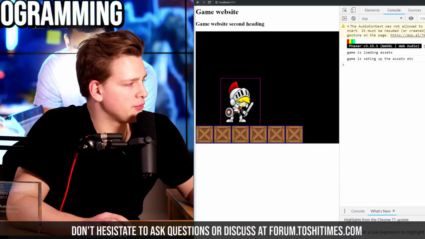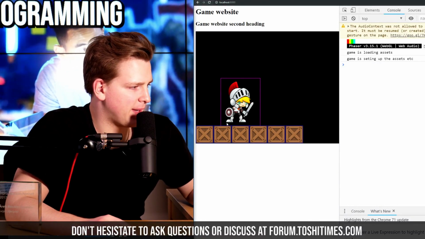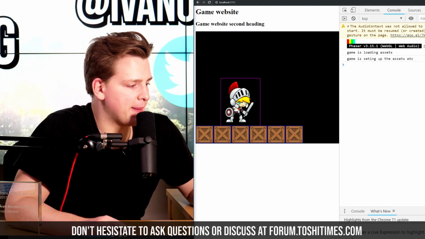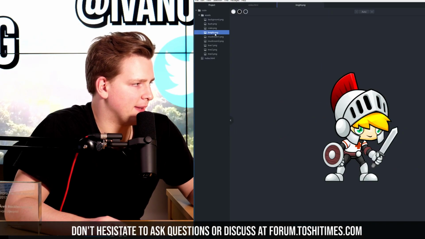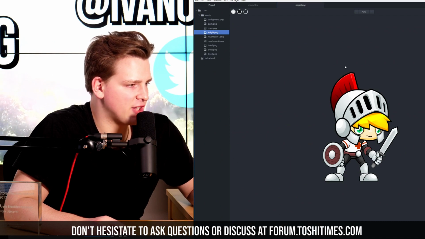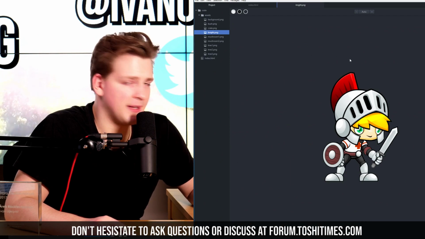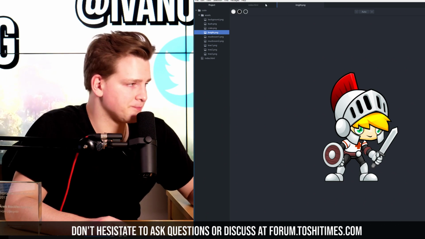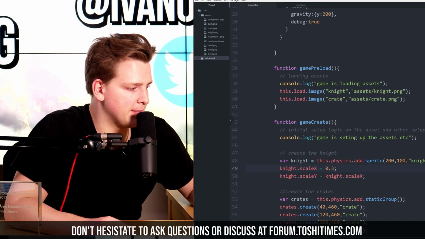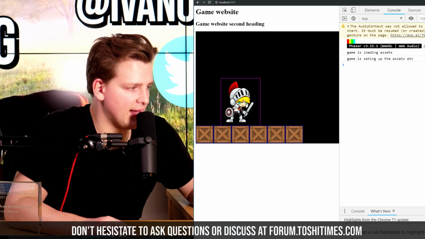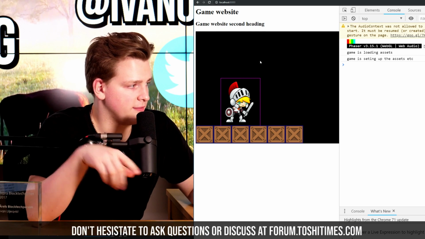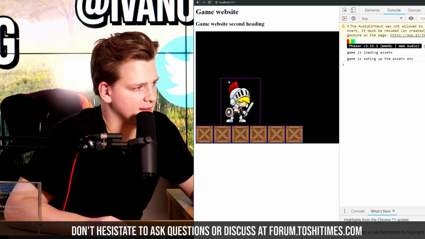Right, and so what we want to do now is to remove these spaces between the knight and the collision box. And the reason these spaces are happening is because if you look at the image, you see that the image has some transparent pixels between the knight and where the image ends. And so when Phaser loads the image and is displaying the image on the screen, it is just drawing the collision box at the edges of the image file because it has no idea that these pixels right here are